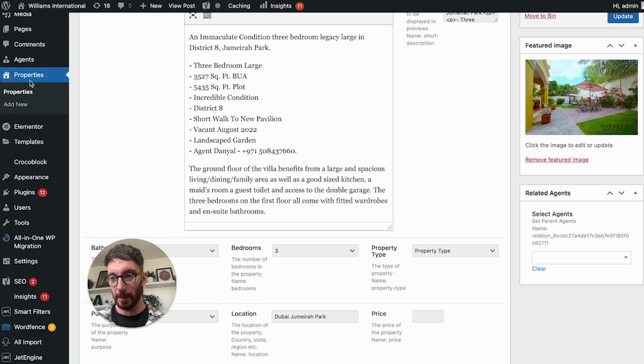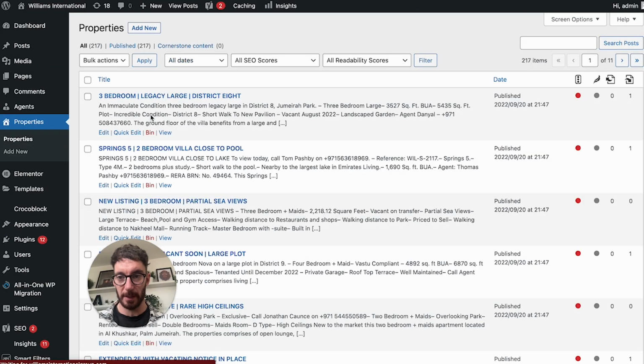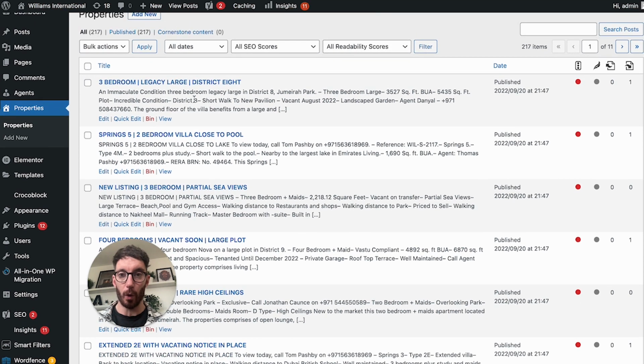Now what we're going to be looking at is how each one of these properties that are listed in here are automatically being pulled into the website, so we don't have anyone coming in to manage this. Being able to manage properties on a property management system is already a hard job for a real estate agent, but having to do that and replicate the work on their website as well would be an extreme headache. So we wanted to make sure that we remove that burden for the customer, and we're just automatically bringing that